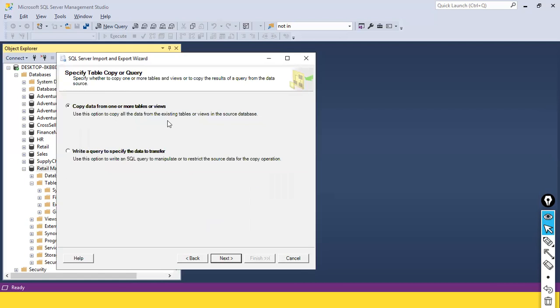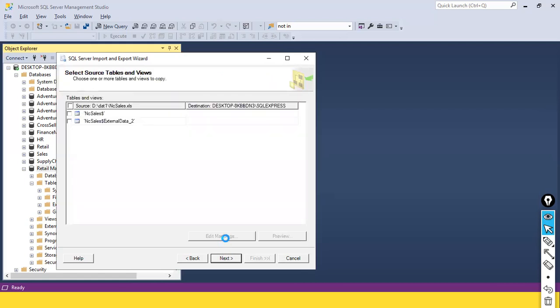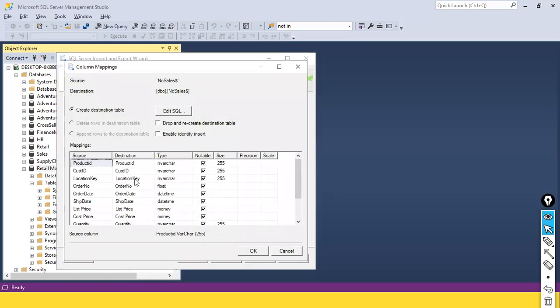Copy data from one or more tables. That's okay. Let it click on next and just select the NC sales here. And just on the safer side, click on edit mappings. When you click on this, you will see the column names. Supposing you don't need any specific column, you select it, and then you can probably